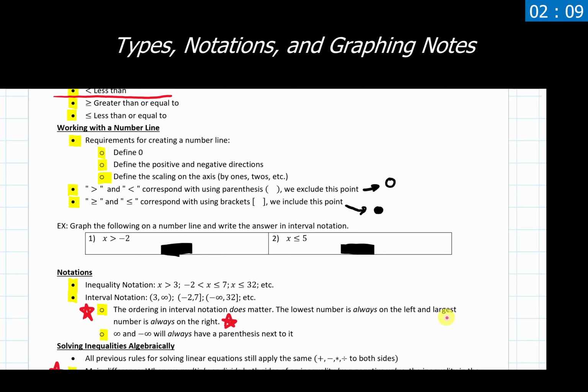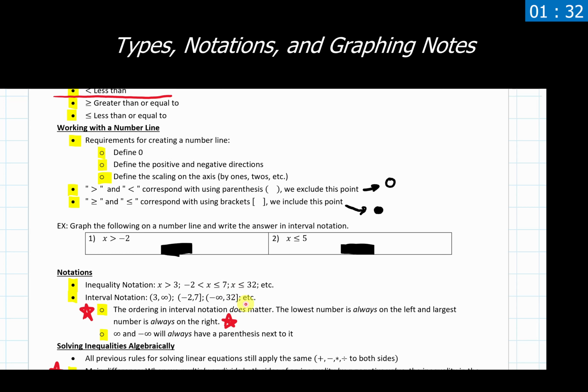If you're ever unsure, when you're comparing two numbers and trying to determine which one's larger, which one's lower, here's an interesting quick way you can think about it. Put a dollar sign in front of the two numbers and tell me which one you would rather have. Would you rather have negative infinite dollars, meaning you're in infinite debt, or would you rather have a positive $32? Well, you'd probably want the positive 32. That means this is your larger number, and we put it on the right-hand side.